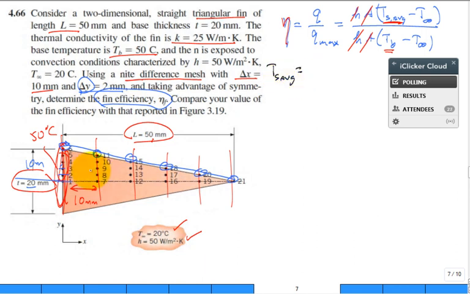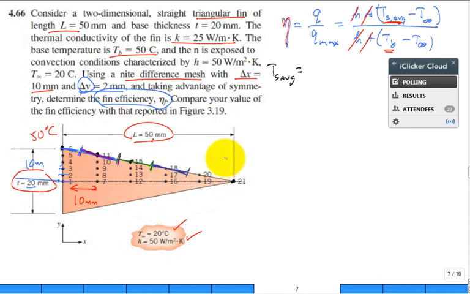Well, let me clean this up a little bit. For this node 11 and that node 15, they have more weight or length for that edge than maybe node 6 or node 21. So what we do is we cut it in half. This area is associated with node 6. Cut it in half. This area is associated with node 11. Change color again. This is the area associated with 15, and then this is the length with the area associated